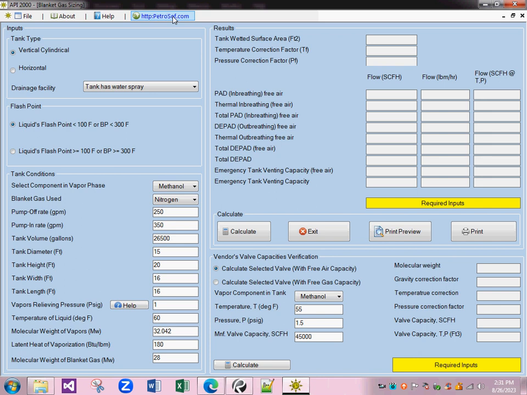This blanket gas sizing application is basically used to size or calculate the blanket gas, or the volume or the amount of blanket gas or the inert gas that is required for the tank blanketing. So in the industry, in the process industry,